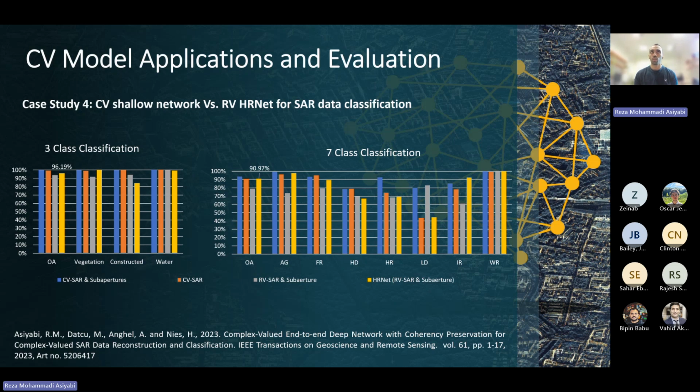So in the next step, we compared it with a more complex real valued architecture with more trainable parameters than the complex valued network that we had, which is the high resolution network, or HRNet. At the time, it was one of the very good models for classification, so that's why we chose this one. And we used it with the real value, the amplitude of the data for star and star apertures, to classify it,